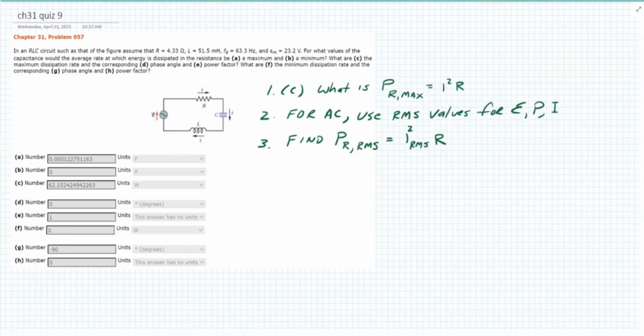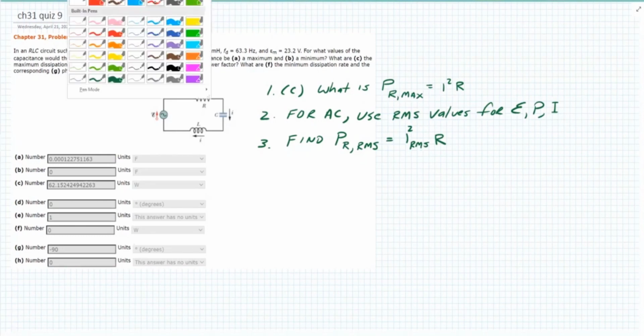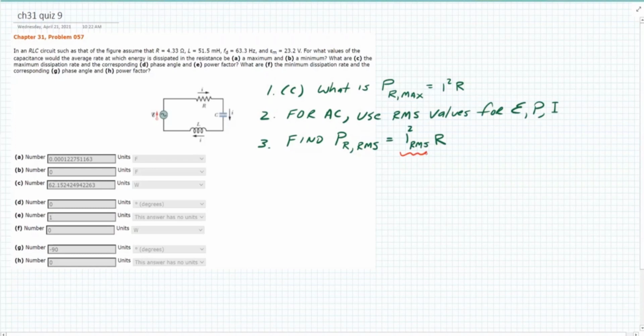Let me just squeeze out all of the learning goodness from this. This is average current. Average current in the world of AC is referred to as RMS, or root mean squared current. So we are looking at the average current squared,